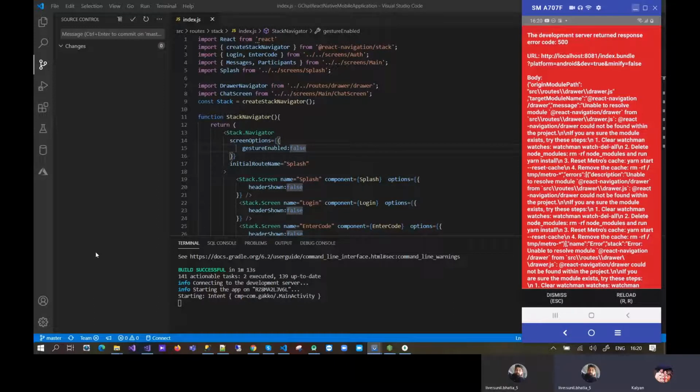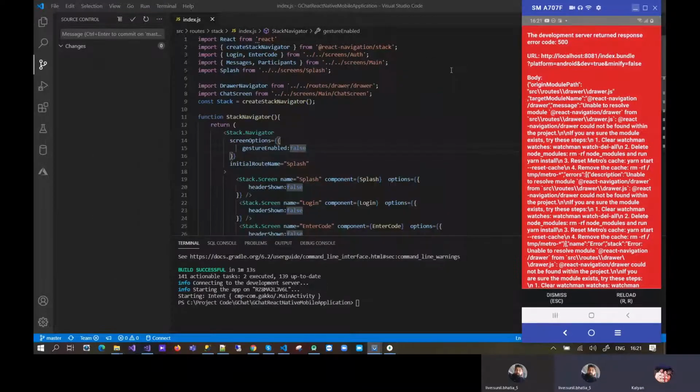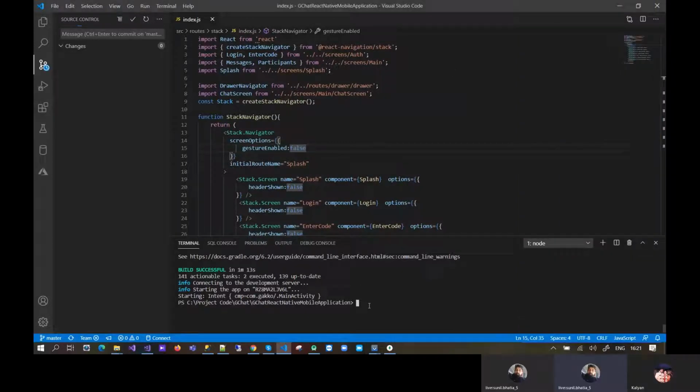Did you see any command prompt open? Oh, sorry. One command is left. Please close this terminal command prompt. Now run the command npm install, because a few packages were newly added and you need to install them. After that, you need to add one more command, React Native link.